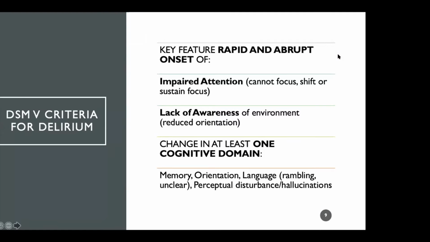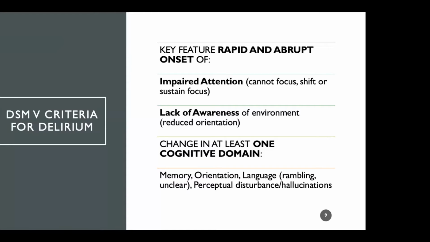This is straight out of DSM-5. Key feature is rapid and abrupt onset. So remember that when you see rapid and sudden mental status changes, think delirium. And how does it manifest itself? Impaired attention. The person cannot focus. They cannot shift or sustain their focus. So impaired attention,